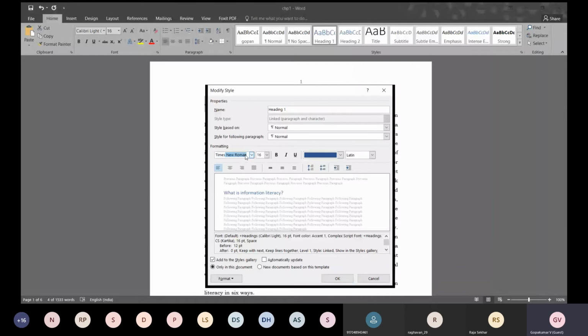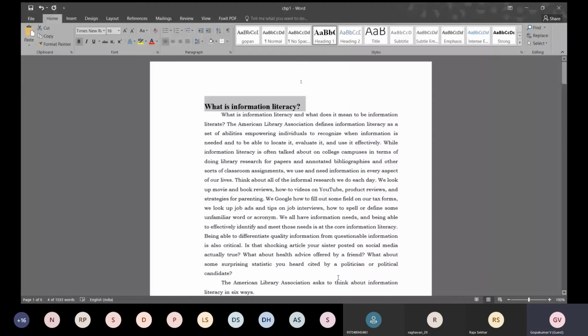It has come, and the size is given as 16 and bold, and make the color black. Now it is blue in color, make it black and then click OK. What will happen is this has become according to our required style and it has been saved here as Heading level 1. Now go to the next style.